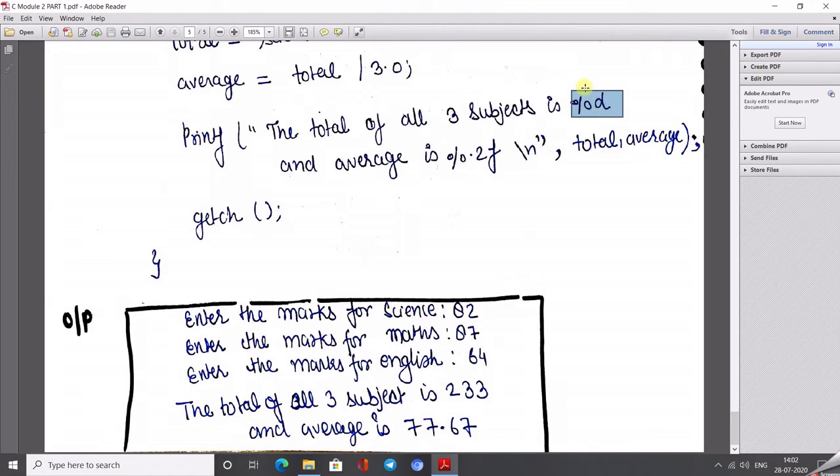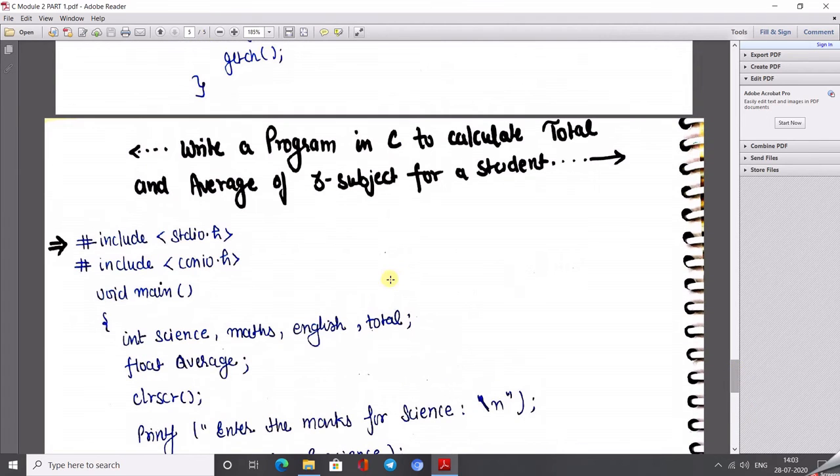So, I get the two format specifiers, %d and %.2f. How can the computer understand that at this %d only total comes? Just as the computer sees that %d is being called, it goes into the memory, where the variables are declared. The compiler goes to the memory and sees which variables are of type integer.